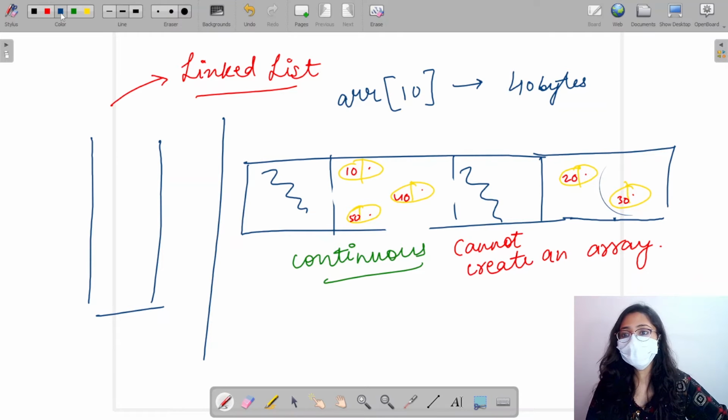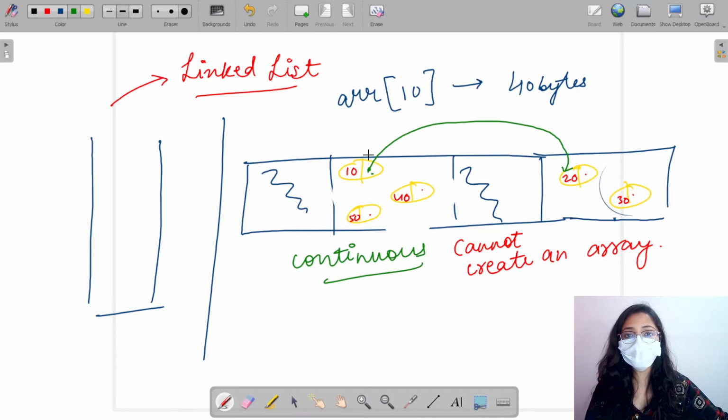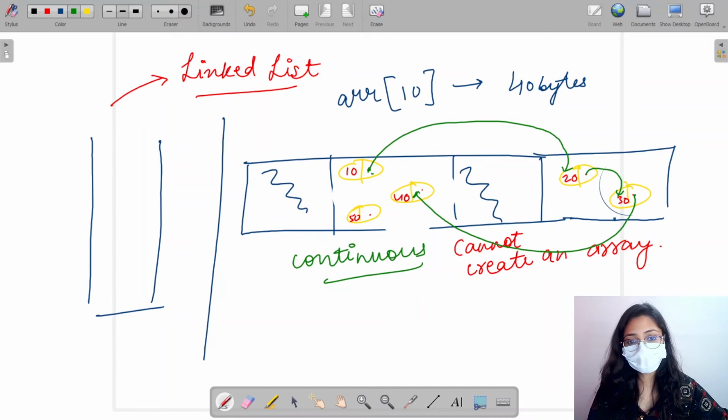So what happens is, I have my data over here, and this part points to another element. So over here I have the address of another element or the next element. Similarly, 20 is pointing over here, this is pointing here, and this is pointing here. So I have the nodes spread out randomly, but I can easily understand which data element or which node will come next to the first one, because I have the address of the next one stored over here.